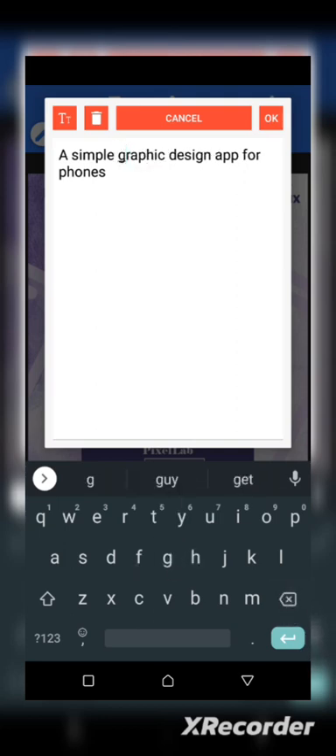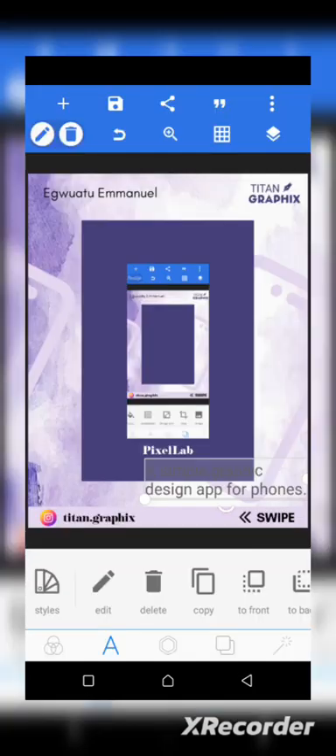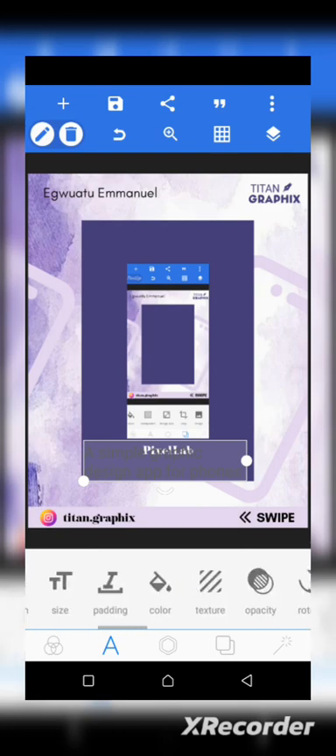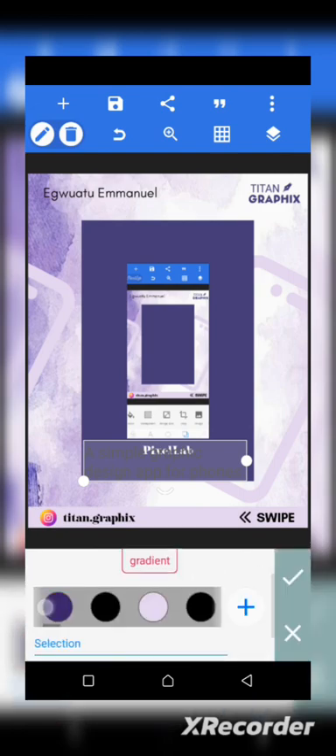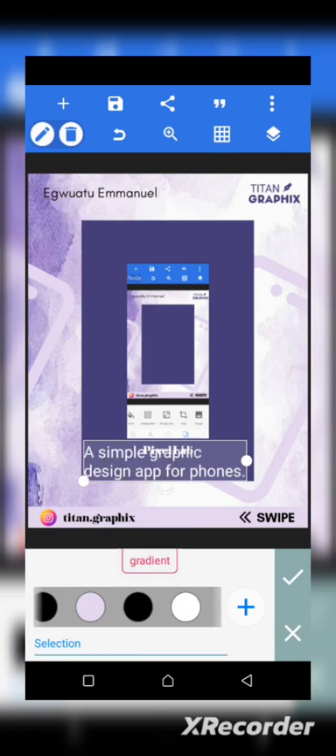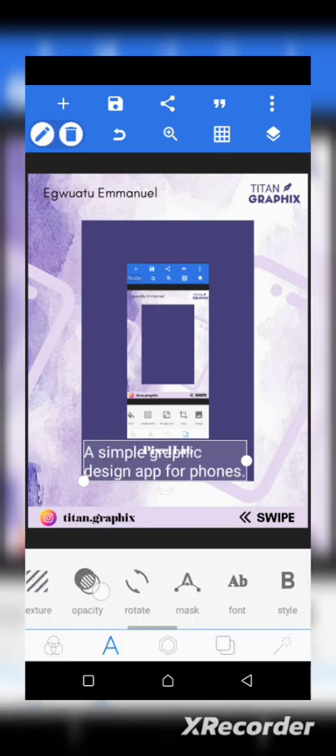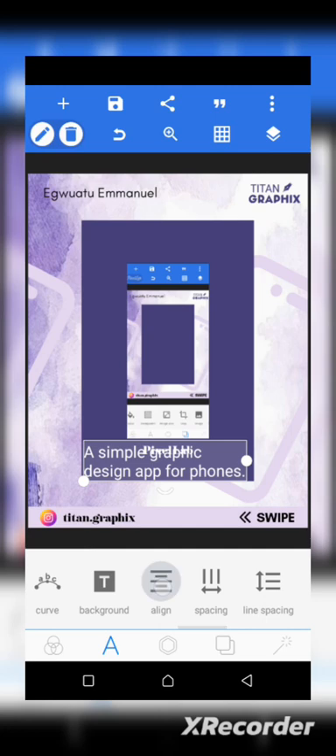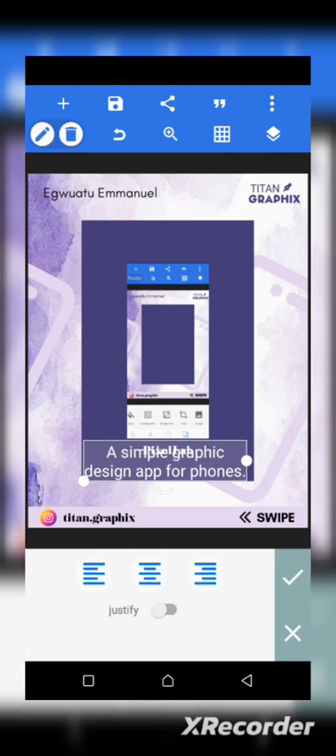Okay, a simple graphic design app for phones, right? Cool. So then what I'll do is I'll just change the color so that it appears properly. Then I'll go over to this icon where it says align, and then I'll pick center, right? Make sure it's centered, just nice and